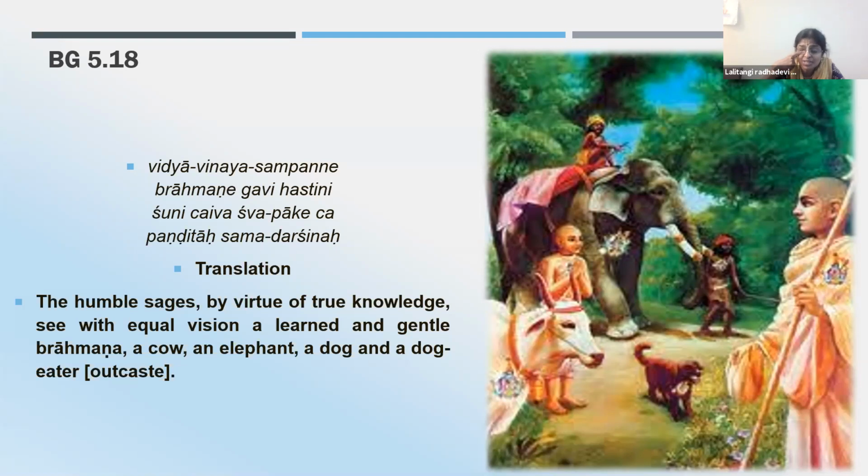Ritadvija Maharaj was asked once in a conference how we can preach to the Westerners, Americans, how we can give this knowledge to them. He said that if you are thinking they are Westerners or Americans, how can you give this? Srila Prabhupada didn't think of them like that when he came. His vision was Vidya Vinaya Sampanne. He saw them, in fact, as